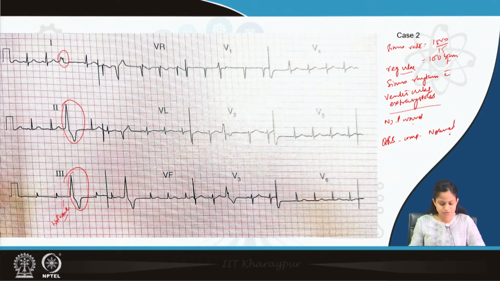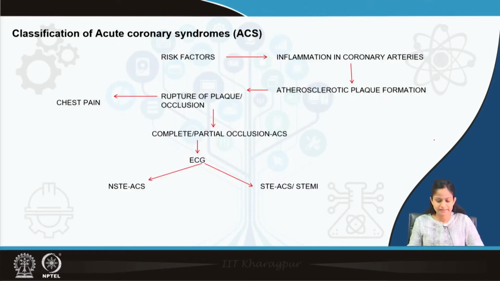And the axis also, if you see, is positive. So, normal axis. That is why we did not go into any other causes except the ventricular premature complexes or ventricular extrasystoles. So, with this we will move on to our next topic, that is classification of the acute